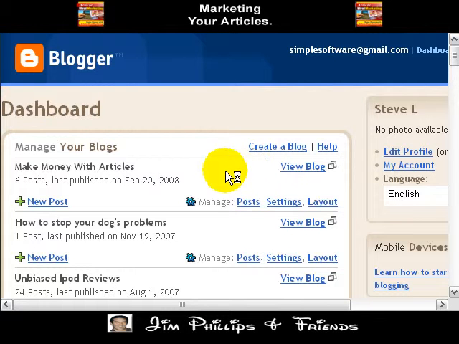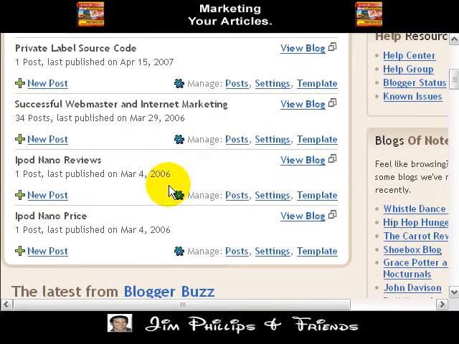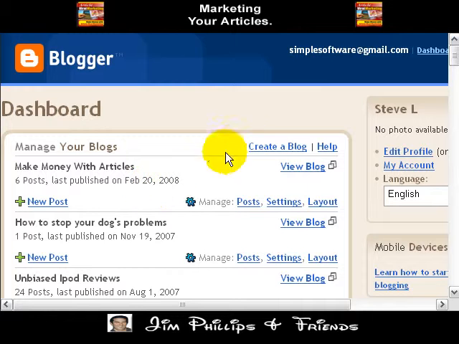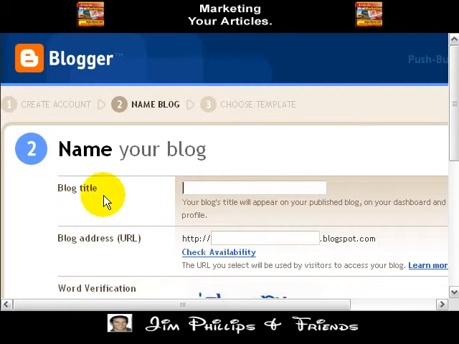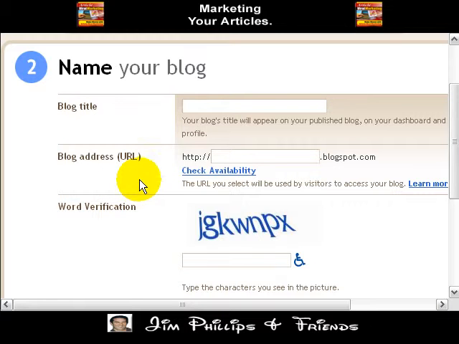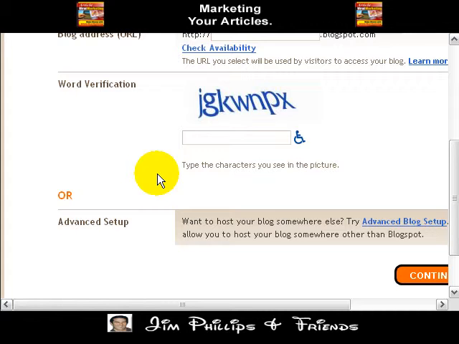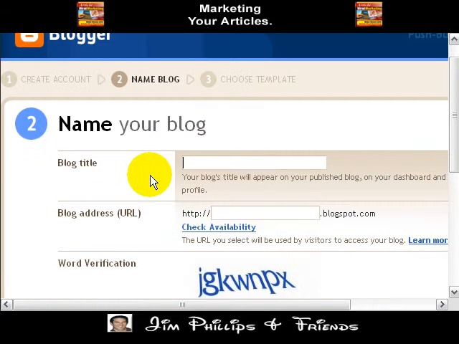So once you do that, you can notice that you will have a lot of different blogs here if you've already got started. If you haven't gotten started yet, the good thing about blogger.com is it's so easy to create a blog. I can show you. If I click create a blog, all you need to do is name the blog title, the address, and word verification. So let's say, for example, in this case, I did the article on job interviews. So I can say job interview